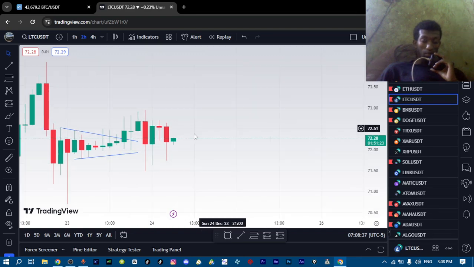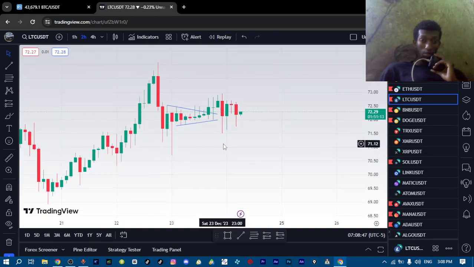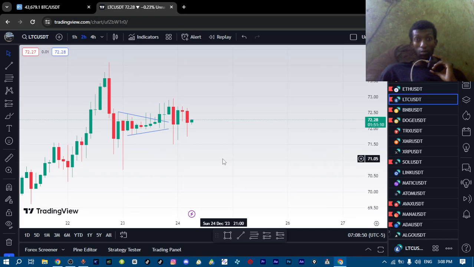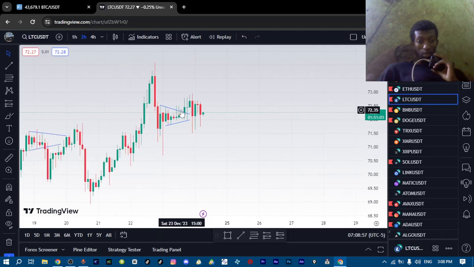But if it changes direction and hits your stop loss, it doesn't matter, because you have already taken your lion's share, the big portion, out of the market, so you are already in profit, so you don't need to worry about anything. Okay, it's just another example that I was planning to enter a trade right here, but